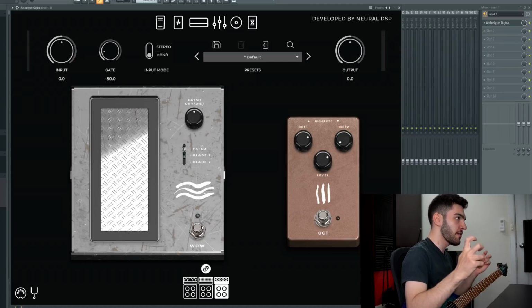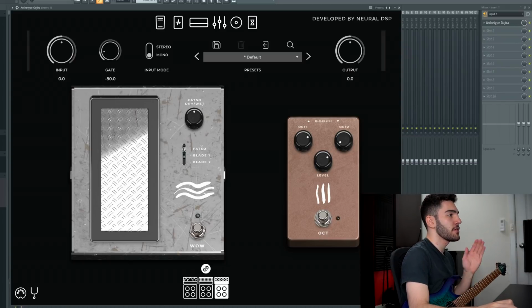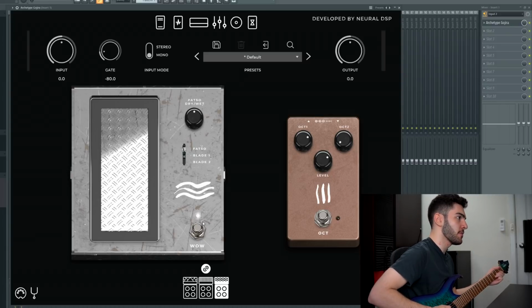We might as well go through that secret little feature now that we're on this page, but using the default tone that loads up when you load up the plugin, engaging the first octave pedal,